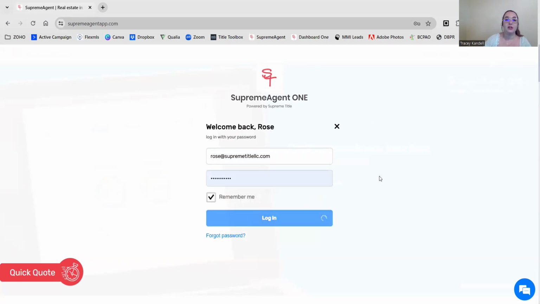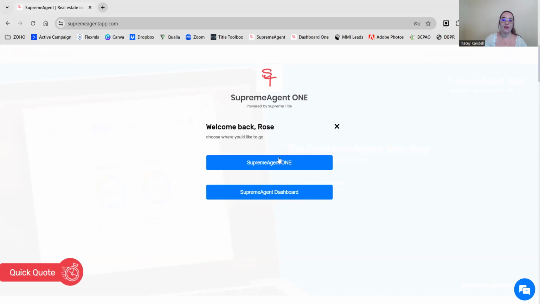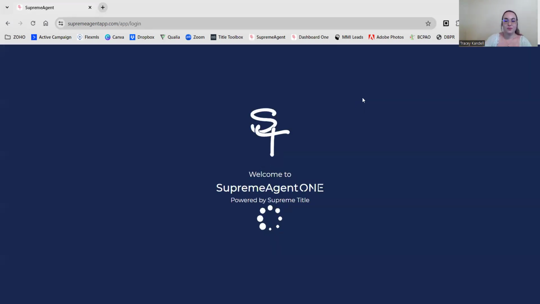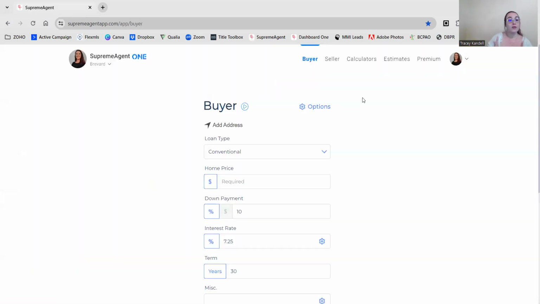All right, so you're gonna log in. You won't have that option, that's just for me. Whenever you log in or open the app, whether it's on your phone or desktop, it's going to automatically open to the buyer tab. Just so you know, if you want to switch it to seller, you just have to manually do that. But we are just going to start from the buyer and work our way to the right on our menu